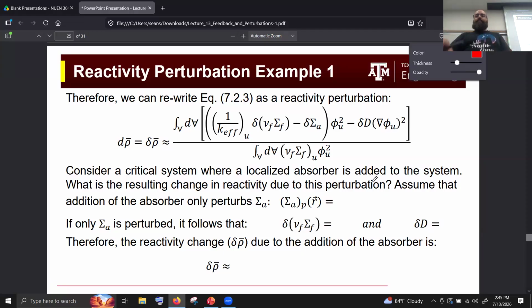And then we can take this as kind of our governing equation, and we can do some examples with it. So the first one that we want to consider is if we have this critical system and then we add some absorber to the system, which gives me a perturbation in my absorption cross-section. So if this absorber only perturbs sigma A,